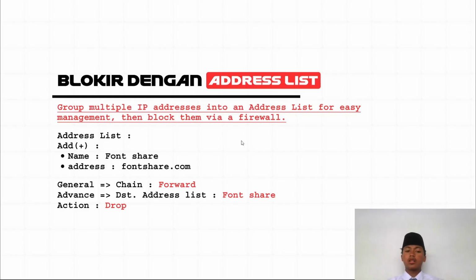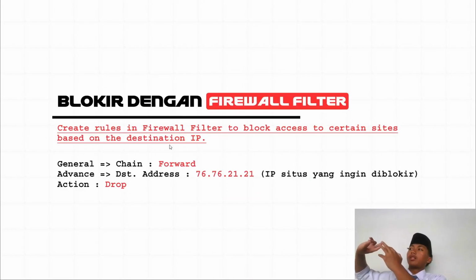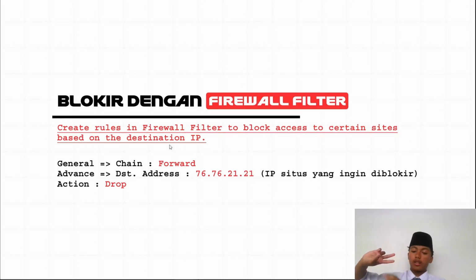If we use an address list, we only put the domain name, phoneshare.com. For example, IDN Boarding School Solo has two IPs, 10.10.10.10 and 20.20.20.20. If we use the firewall filter, we must input both IPs of this IDN Boarding School.